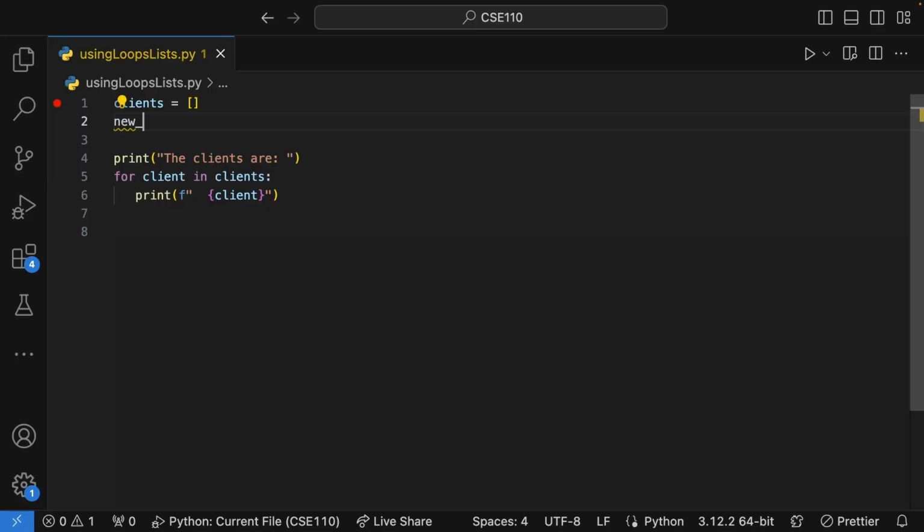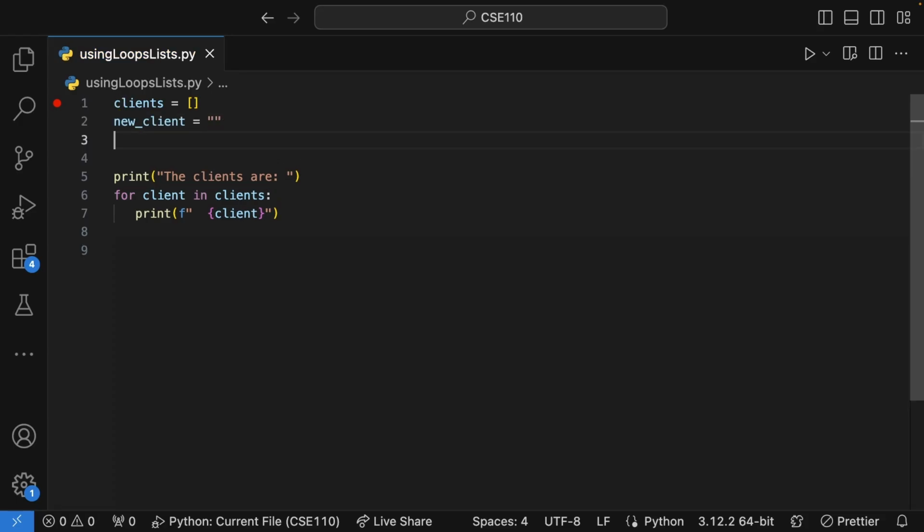We'll start with a new client variable and set it equal to empty quotes. Next, we'll create our while loop. We want our while loop to check if the new client is equal to quit so that it can stop the loop. So we'll put, while new client is not equal to quit,